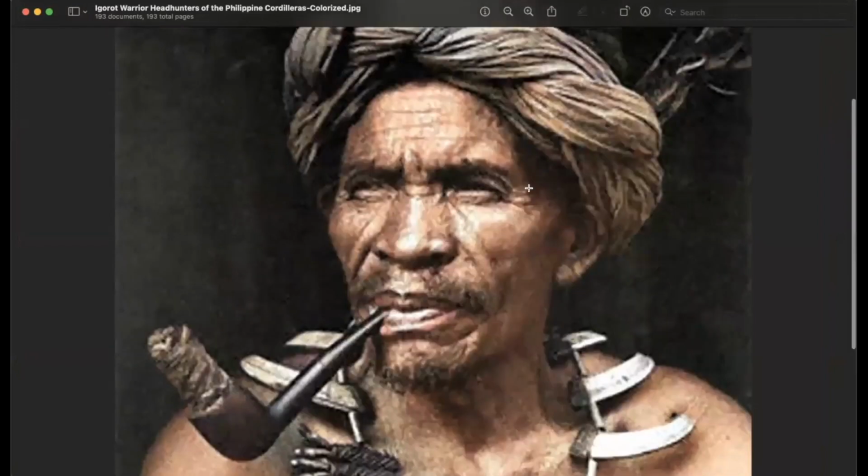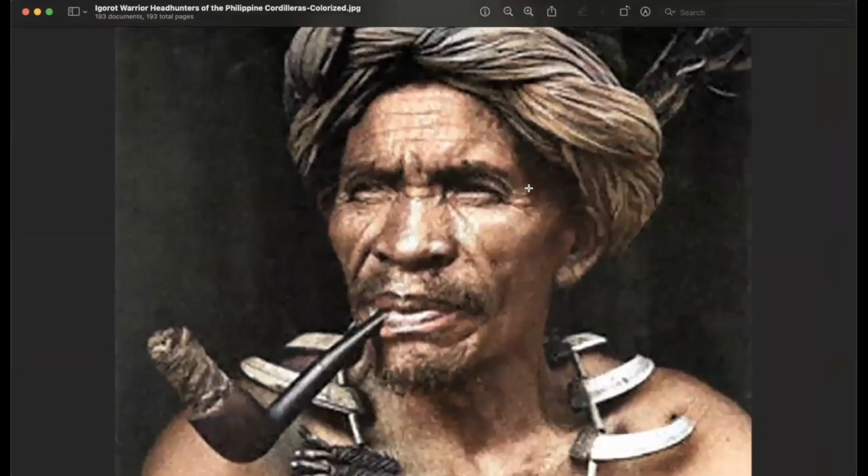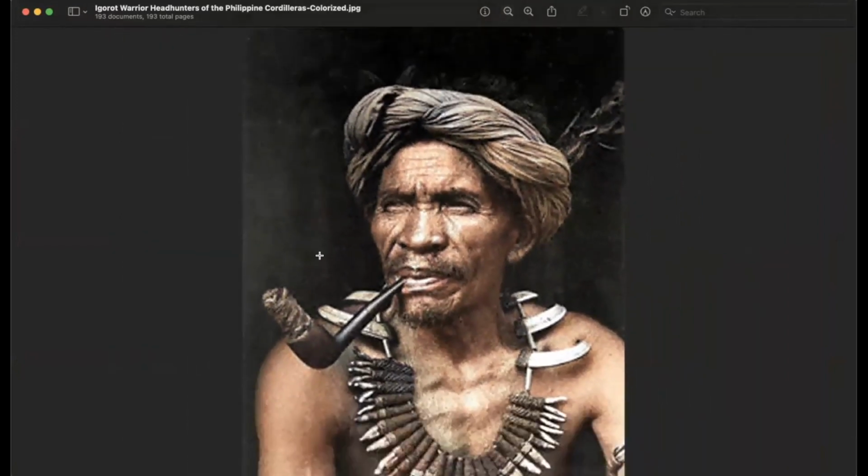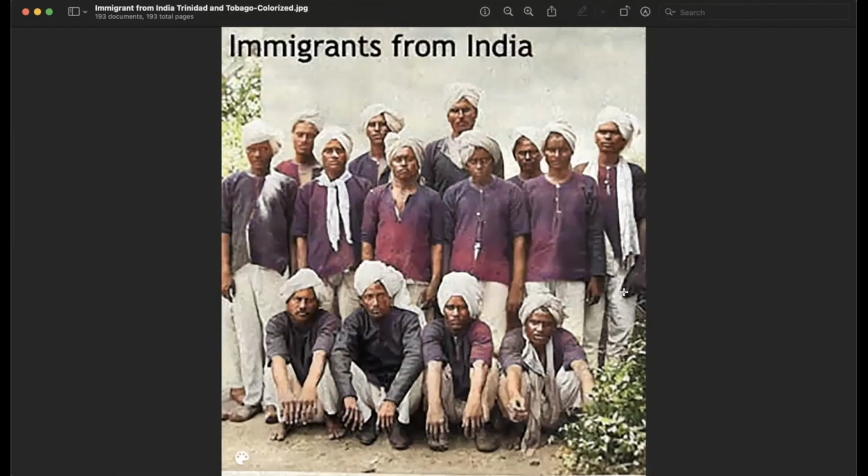And here we have an Igorot warrior, a headhunter of the Philippine Cordilleras. Okay, Igorot warrior, the Igorot tribe, tribal people, headhunters of the Philippines. Here's a Filipino smoking from his pipe, chilling with his turban on. Here's a picture I found that was either from South America or the Caribbean, I can't remember, but these were immigrants